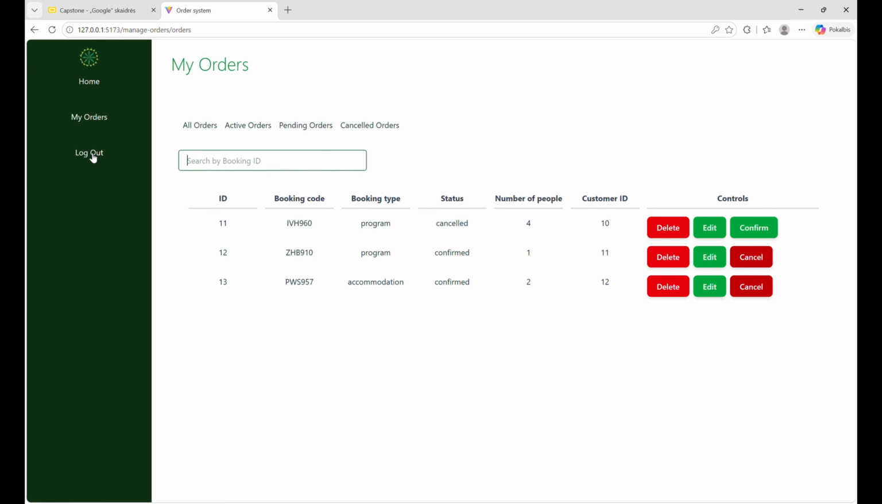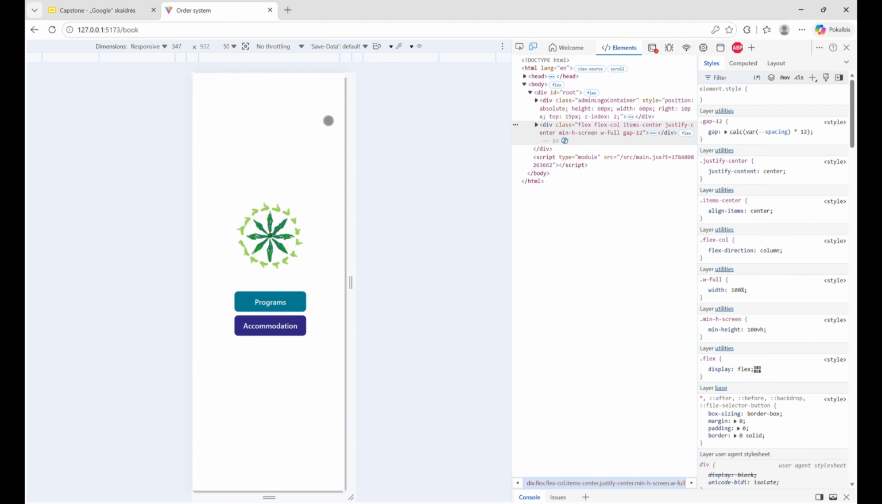I can log out. So the tech stack for this platform was React on the frontend and Django on the backend with SQLite as a database. Also for styling, I used the CSS framework TailwindCSS. And it's also made in a way that it's responsive,